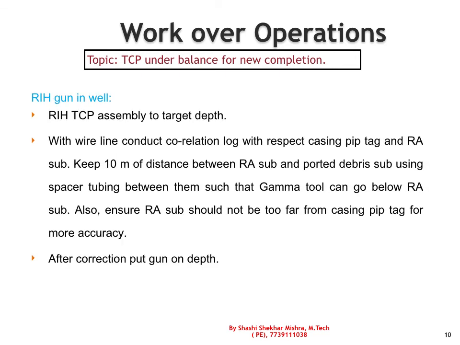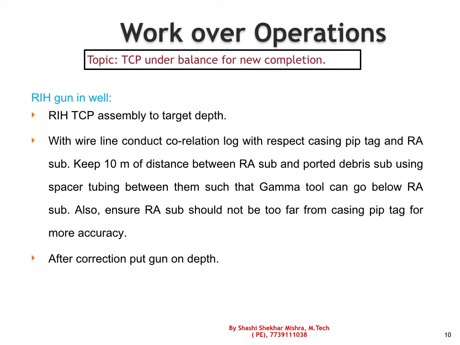So now continue the running of the TCP assembly to the target depth, and with the wireline conduct the correlation log with respect to the casing tip tag and the RA marker sub. And while installing the RA marker sub, we should ensure that it is 10 meters away from the ported debris sub,